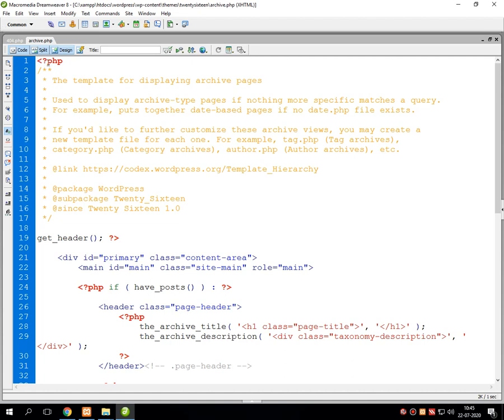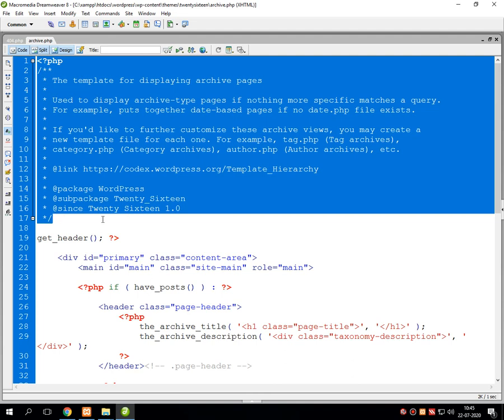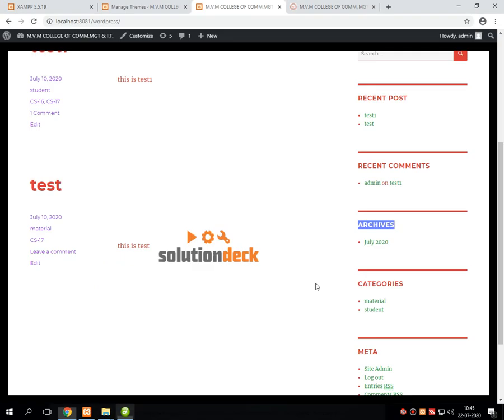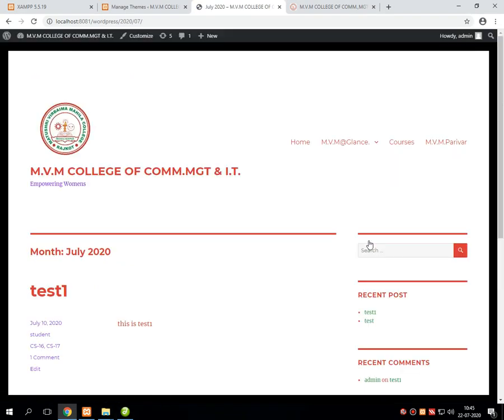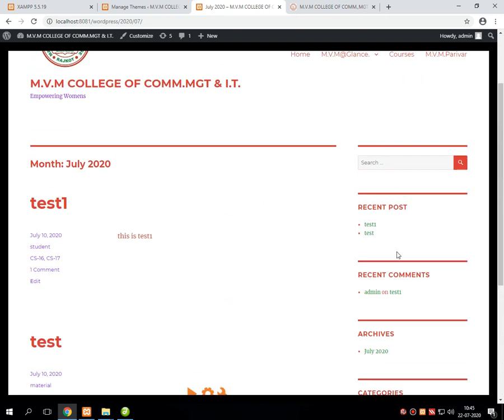In this file, after writing the PHP tag, first we are calling the header, because whenever we click on a particular date, the header remains the same, even the footer remains the same, even the sidebar remains the same, and it displays the month which I have selected over here, and the posts of that particular month will be displayed over here.